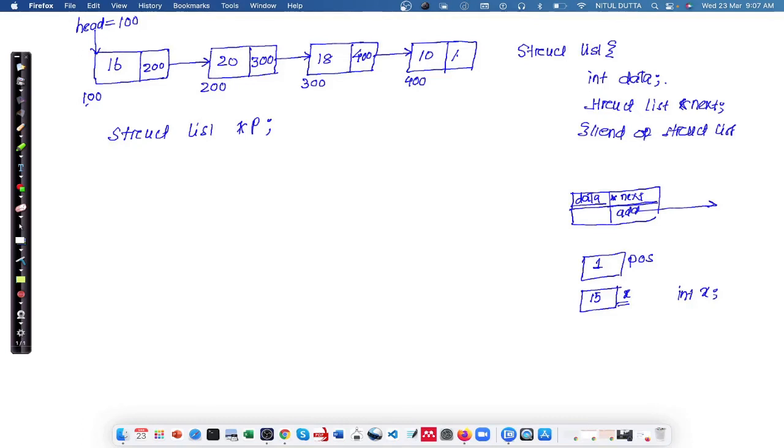Now I have to create the node. How will I create the node? I'll create a node using struct list star p equals malloc of size of struct list. If I execute this statement, then it will create one node